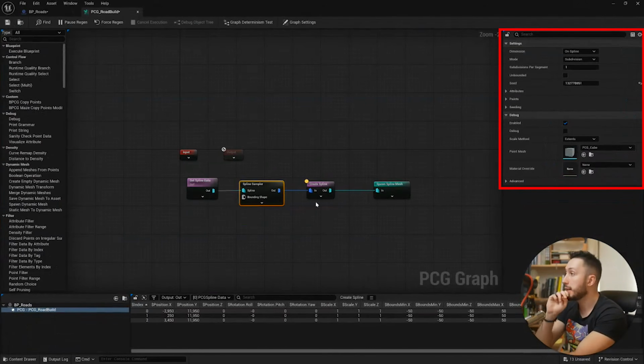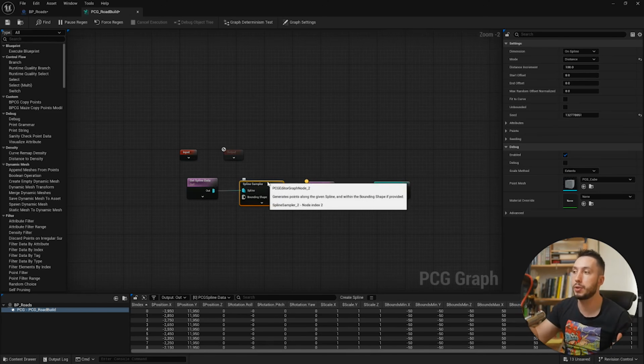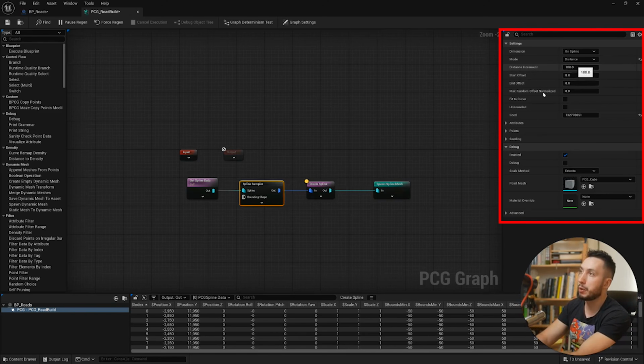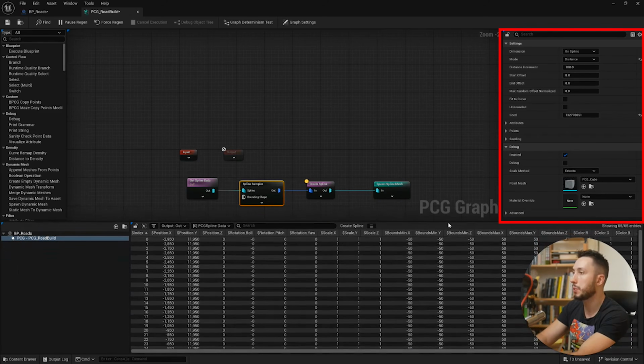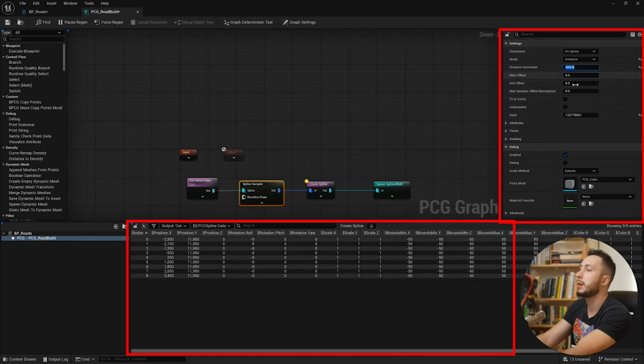What we need to do here is actually come to the spline sampler and switch it to distance. Distance is going to then take the spline data and create a certain number of points between those spline points based on their distance. So it'll always be the correct kind of ratio of points in between each spline point. And we can see the distance increment is where we decide how many points should be in between. It's a distance increment. So every increment of 100, we should have another point in our spline, right? I think the increment that I'm going to use here is 800. And there we go. So now we have 8 points,